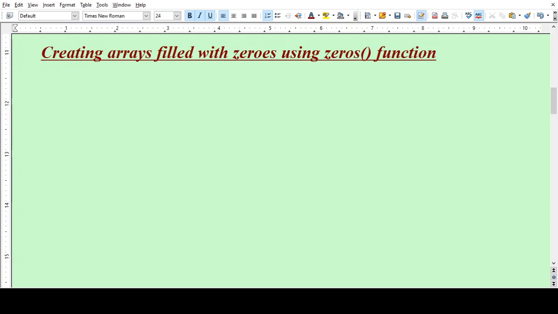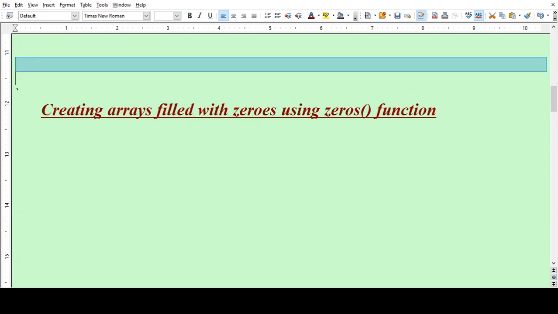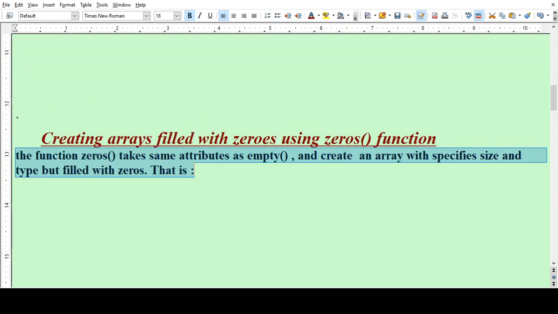Now, creating arrays filled with zeros using the zeros function. The zeros function takes the same attributes as empty and creates an array with a specified size and type, but filled with zeros.